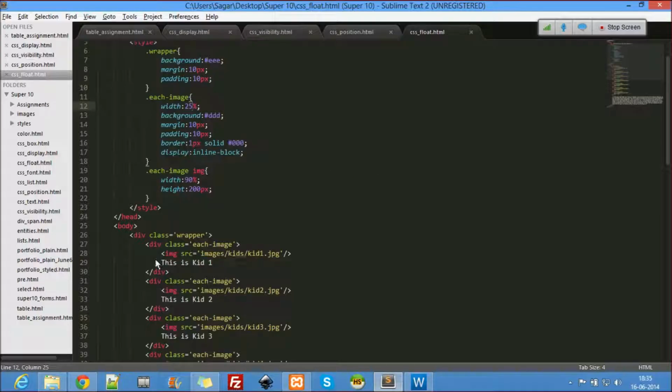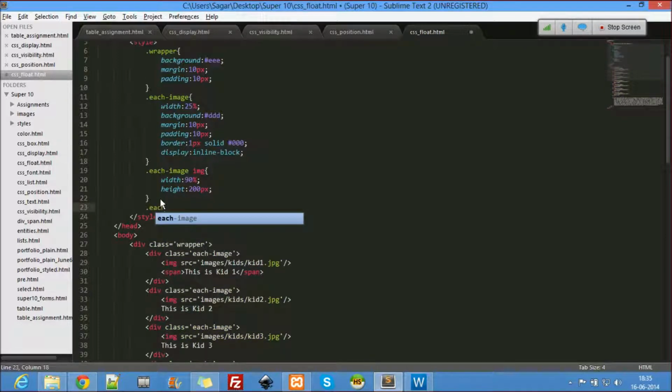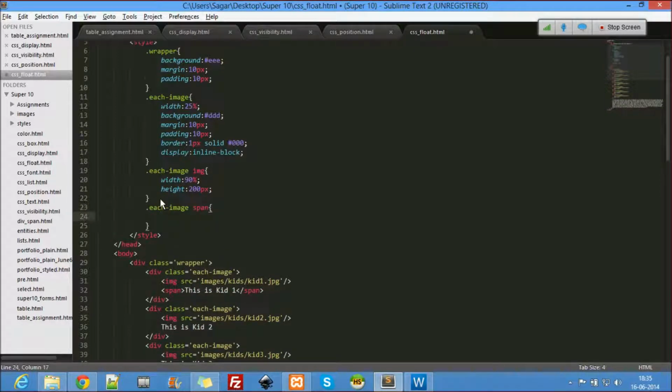So coming here, I'll use a span. I'll show it for one, you do it for the rest. So coming here, dot each image, and after that there is a span, apply the style to it. That's what it means. Each image space span means after each image there is a span, apply those rules.